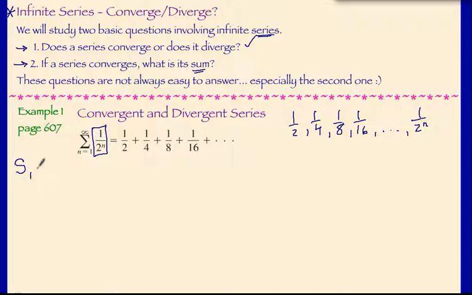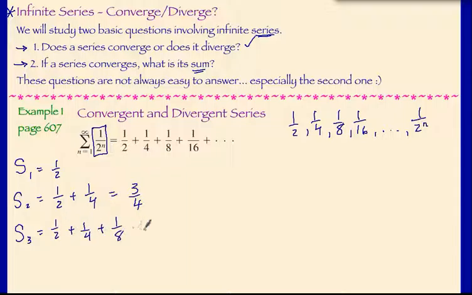S sub 1 is, of course, the first term only, 1/2. S sub 2 is going to be adding up the first two terms, 1/2 plus 1/4, which is 3/4. Then S sub 3 is going to be 1/2 plus 1/4 plus 1/8. When you add that up, you get 7/8. Now, let's examine these partial sums as a sequence. I'll use a different color to show you what it looks like. If I was looking at this sequence, 1/2,